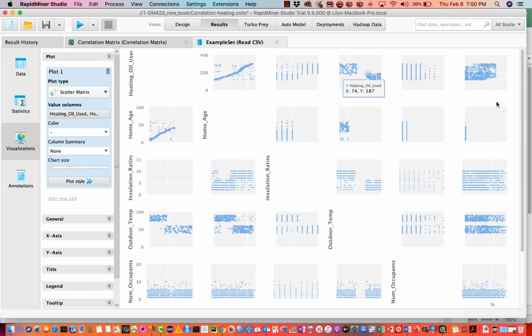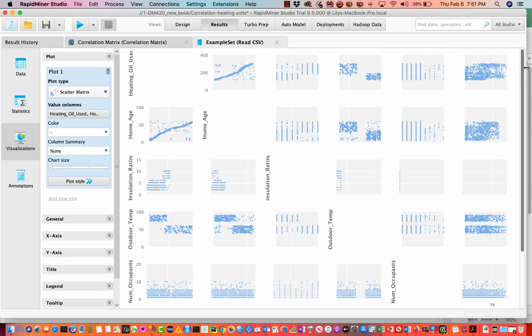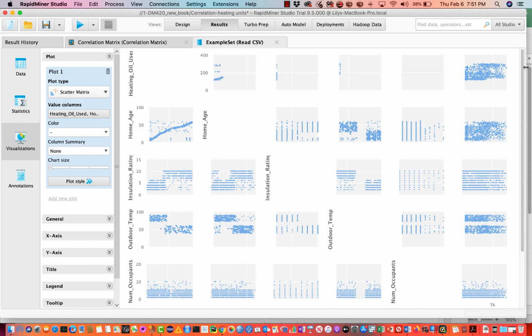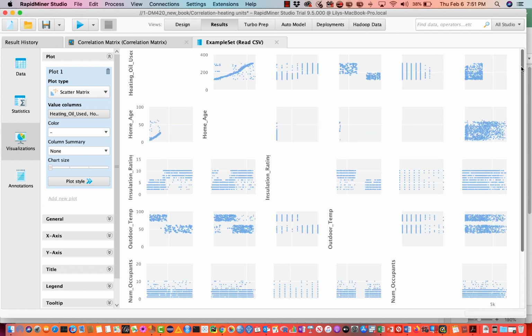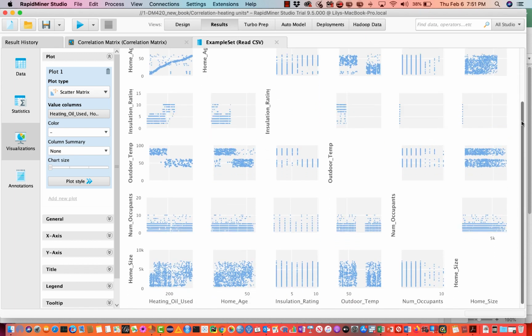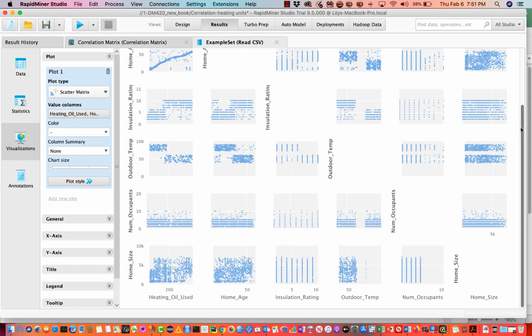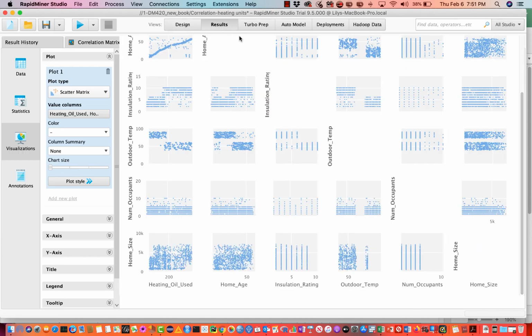Okay, how about here? In this one, the outdoor temperature, we really didn't consider that because we were convinced that logically it doesn't make sense to look at it in this way. Of course there are many different ways to look at this data and to visualize it to better understand it. Okay, so that's it when it comes to RapidMiner, how easy it is to give us an understanding of